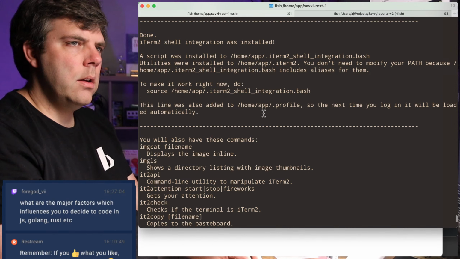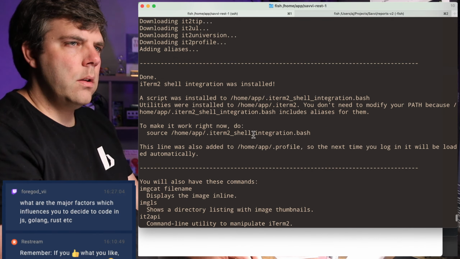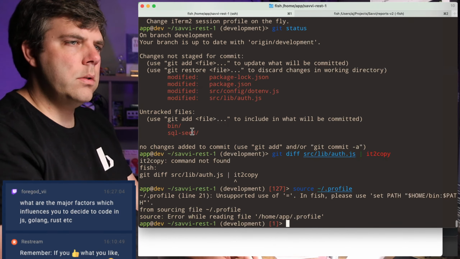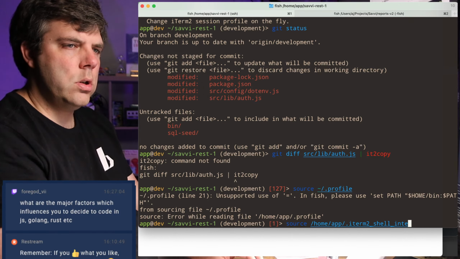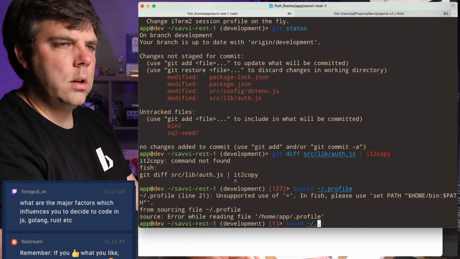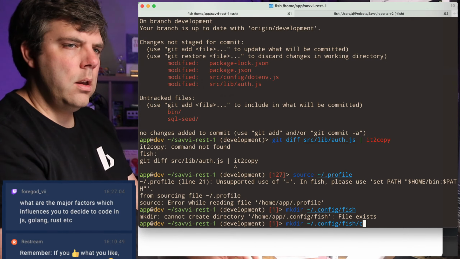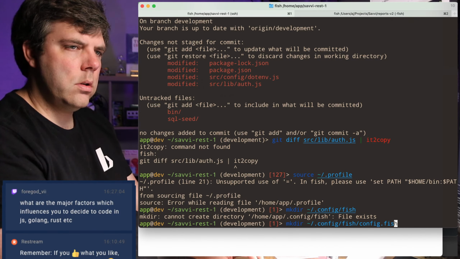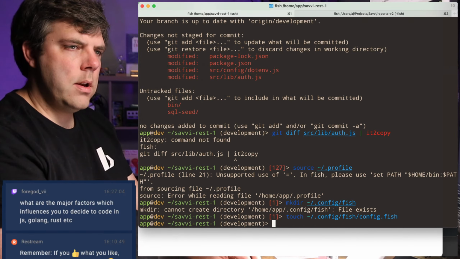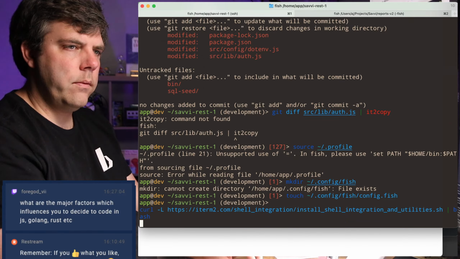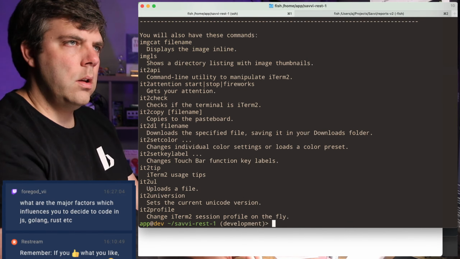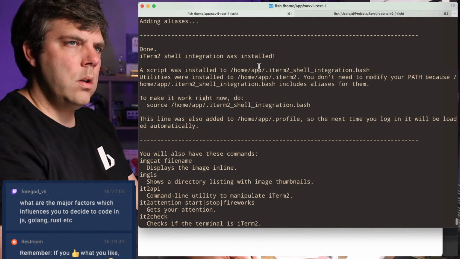Does that give me... Maybe I source .fish. I tried touching .config fish. Well, I guess I need to mkdir. Okay, we do have that. And then config.fish. Let's try that. And then let's try doing this install again. Weird.